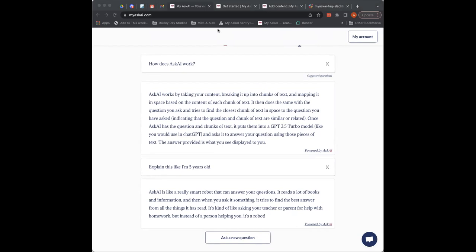Now, when you ask a question like, how does AskAI work? We kind of follow a very similar process. We start by taking that question, we embed it, we turn that text into numbers, and then we query Pinecone, we query our database. And Pinecone is very smart and will find chunks of text that are very similar to our question. It'll return a couple of these chunks, we'll pass it through a custom ChatGPT prompt, and we'll say, answer this question with some of these chunks of information, and then it'll write this nice bespoke answer for us.